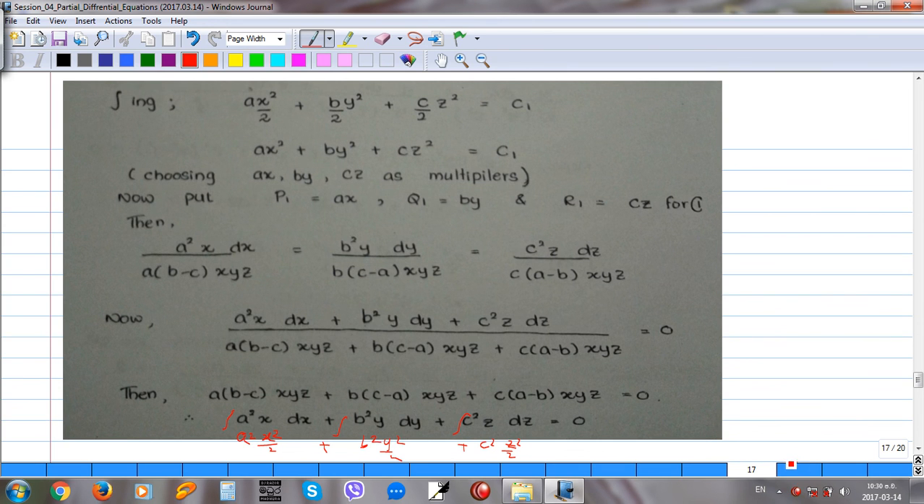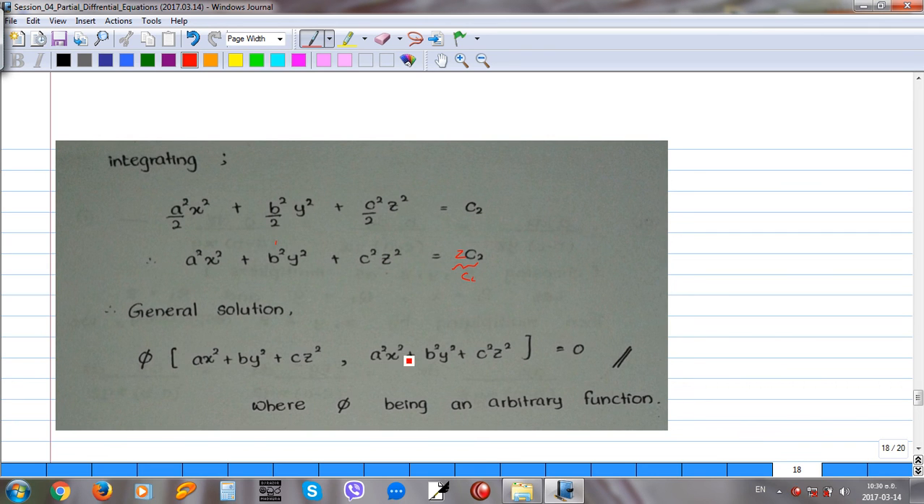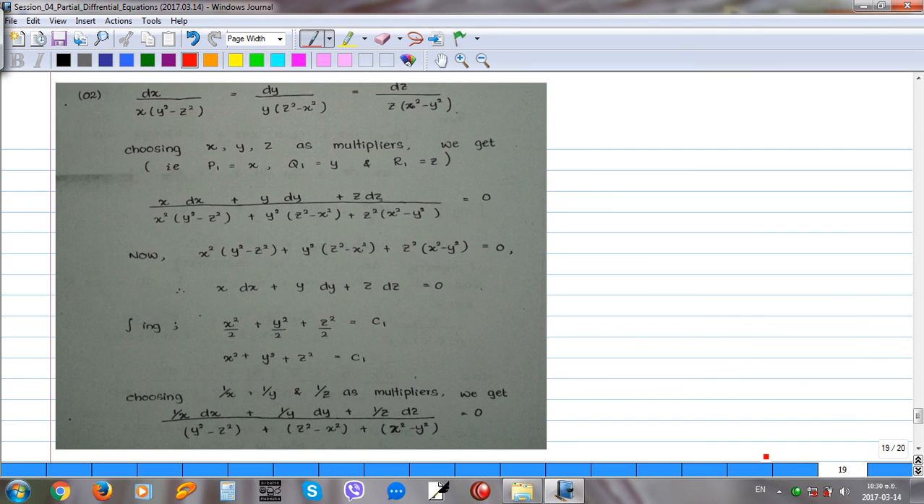and c2 is there. So then the general equation is 5 times ax square plus by square plus cz square, comma a square x square plus b square y square plus c square z square equals 0, where 5 is an arbitrary function, right? Then the next example,